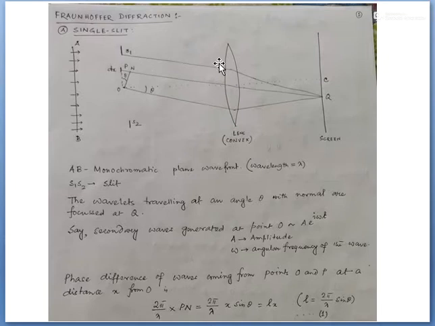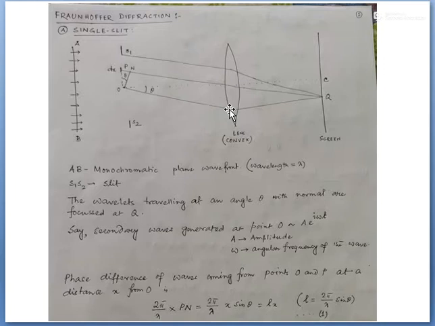They are incident at an angle theta with the normal that is drawn on the plane wave, this AB line. Okay. Now the wavelets that are traveling at an angle with the normal are focused at point Q, after they are converged by this convex lens,